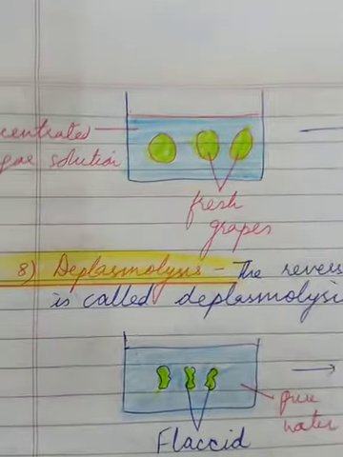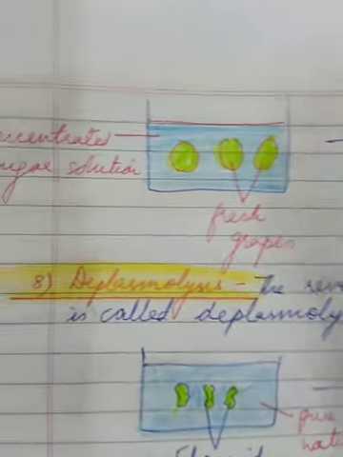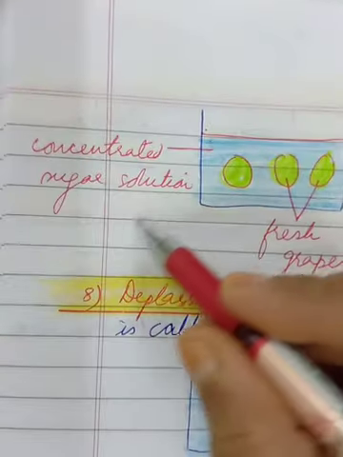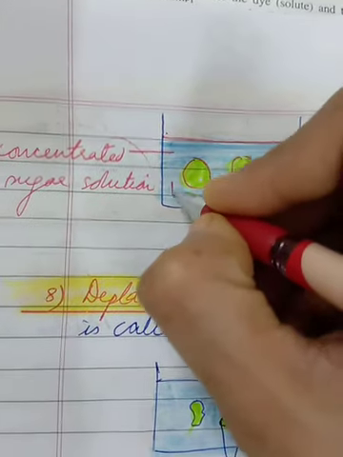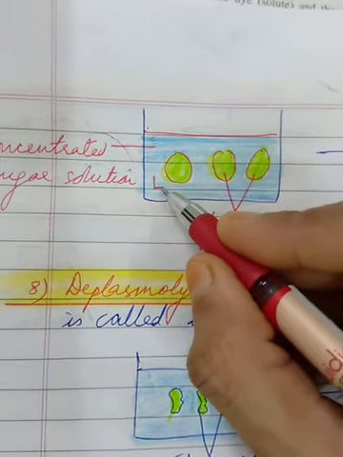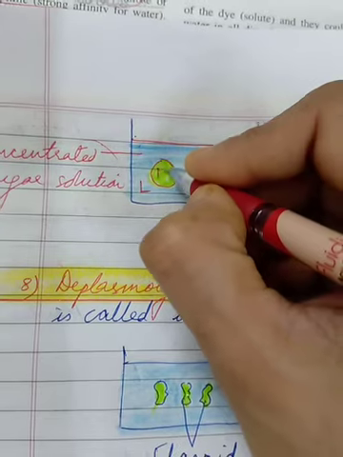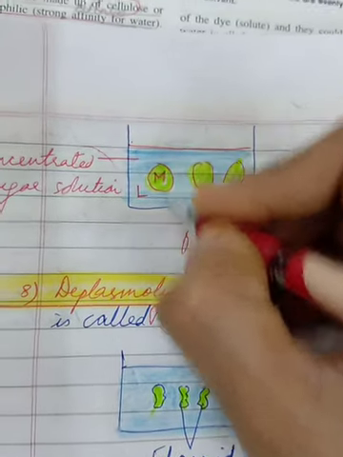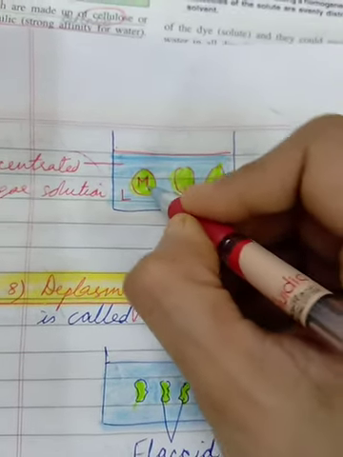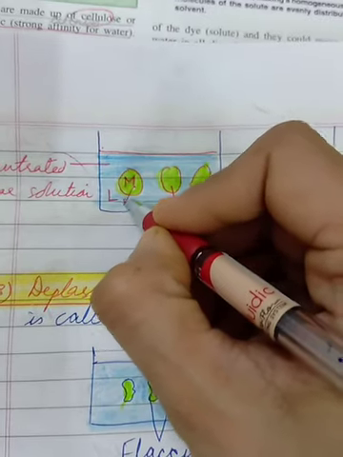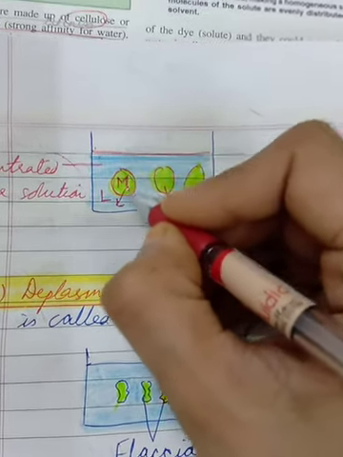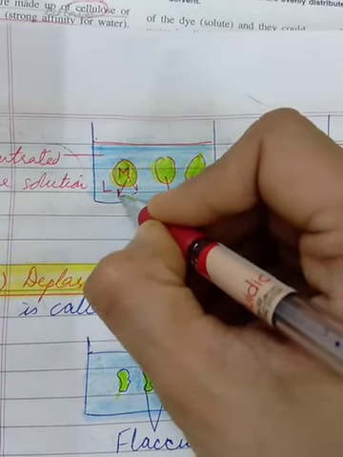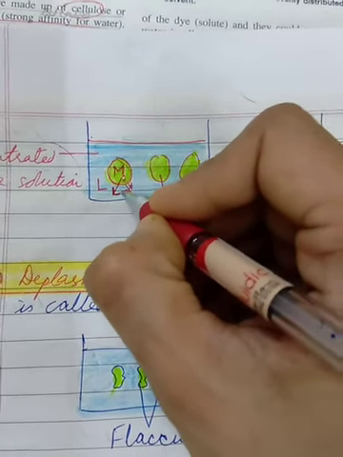Now let us see where is more water comparatively. Here, because the solution is concentrated, concentrated means more sugar and less water. So let us write L because it shows less water. Inside is more water, M, because these are fresh grapes. Osmosis, I told you, requires semi-permeable membrane. So this is the peel of the grape. And water moves from more to less. So water starts moving outside.